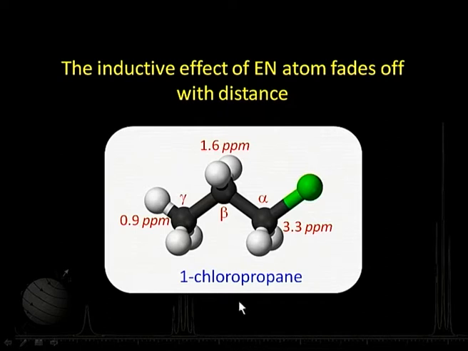Let us see this. Look at this molecule of 1-chloropropane. This is my chlorine atom. The methylene protons here, the alpha protons, come to resonance at about 3.3 ppm, which is fairly low as compared to methane, which is 0.23. If you look at the beta methylene now, it is 1.6. You come to the gamma carbon here, and we find that it is 0.9. That means the pulling effect of our halogen atom goes on fading out; it decreases as we go away from the electronegative atom. This is a common occurrence.